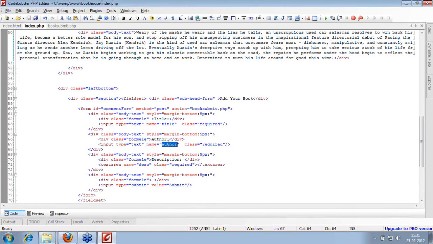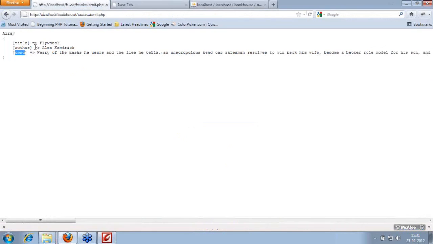Whatever input name you're using, whether radio button, file name, checkboxes or whatever, that same name will get added as an element into the $_POST or $_GET array. That's the reason we are getting those title, author, and description names. If you define any other name out here, we will get the same name out here.